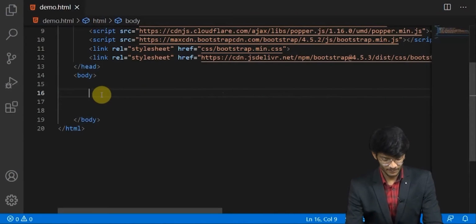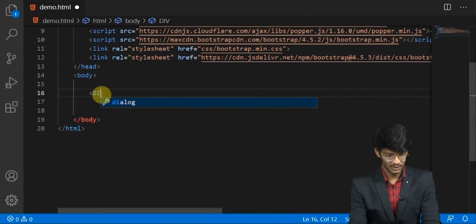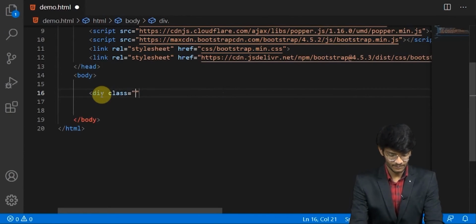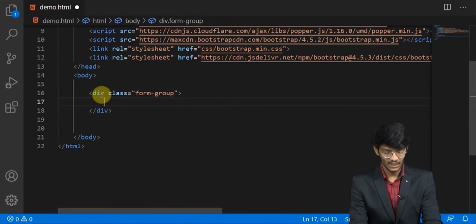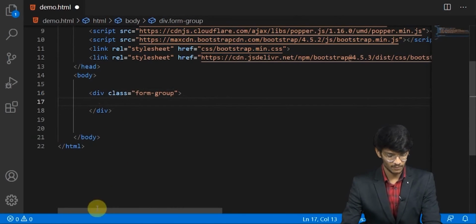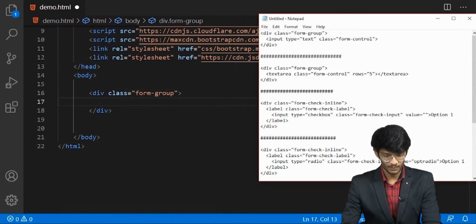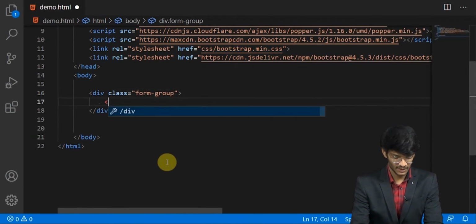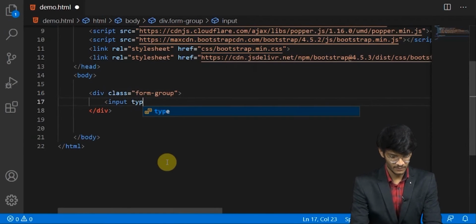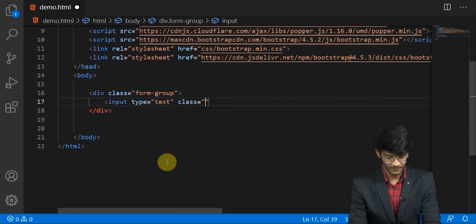As you can see, I've got a div class form group, and in that particular form group I am taking an input type text and give it a class form control.